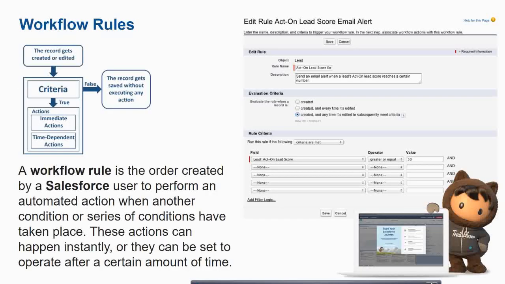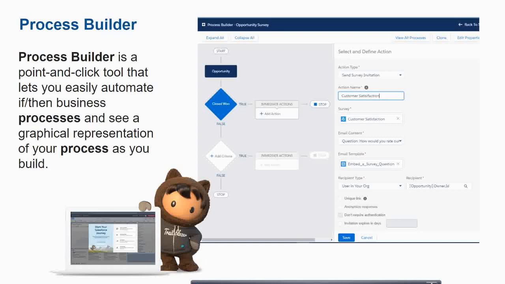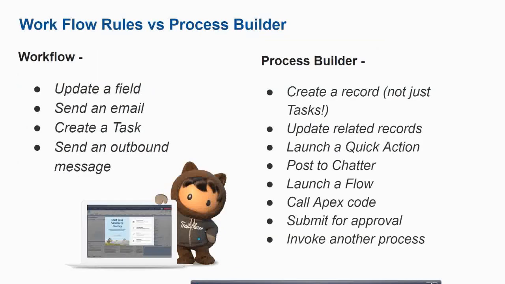Workflow rules are used for automating a process in a linear path, where if such a criteria is met, then you have a rule, and based on that rule you have an action. Process builder is a bit more functional than workflow, where you have if this then that, else if. You have more features, and you can call Apex classes, etc. I have discussed that. So this is the difference which I have shared.